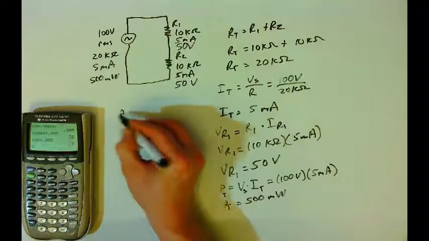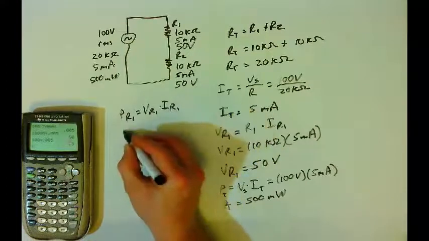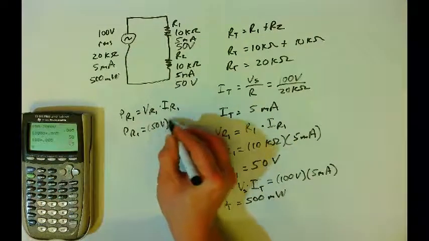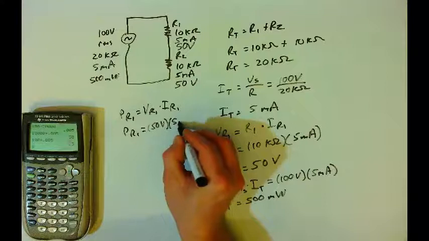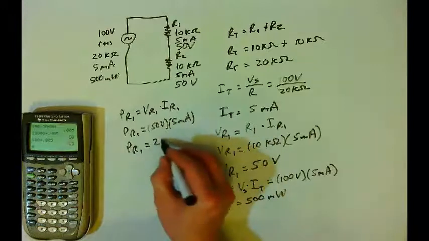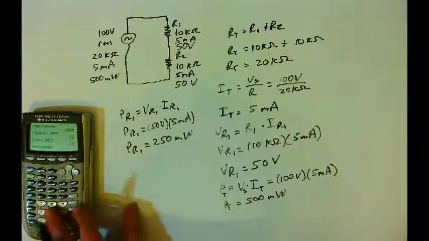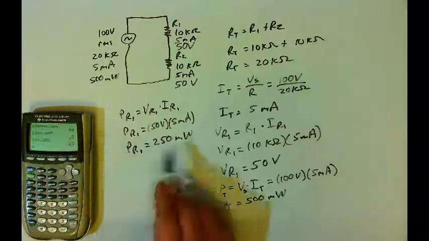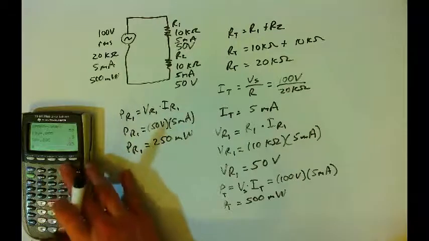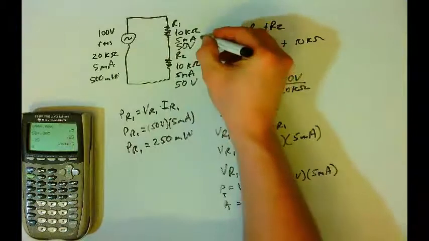The power used by R1 will be the voltage drop on R1 times the current through R1. So power in R1 will be equal to 50 volts times 5 milliamps, and so the power in R1 will be equal to 250 milliwatts. I'll type that in for you. 50 volts times 5 milliamps is going to be 250 milliwatts. I could put my calculator in engineering mode for you, and so 0.25 is 250 milli, and so we have 250 milliwatts